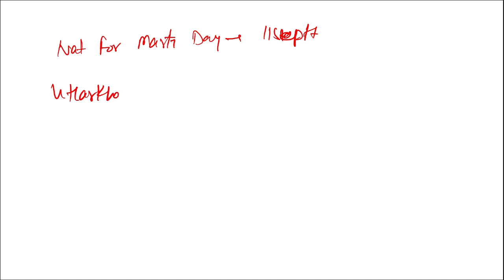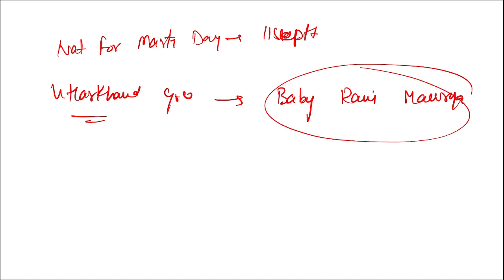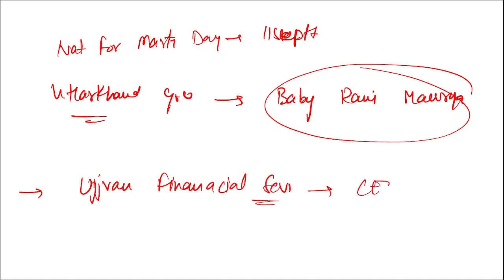इसके साथ ही साथ मुझे ज़रा बता दो, अभी रिसेंटली उत्तराखंड के एक गवर्नर ने रिसेंटली रिज़ाइन किया था, नाम बताइए। बेबी रानी मौर्य, ये गवर्नर थे उत्तराखंड के, जिन्होंने अभी रिसेंटली रिज़ाइन कर दिया था। ठीक है, फिर बताओ, अभी रिसेंटली उज्जीवन फाइनेंशियल सर्विसेज के सीईओ किनको अपॉइंट किया गया? वो है संजीव बर्नवाल। संजीव बर्नवाल ये सीईओ बने हैं उज्जीवन फाइनेंशियल सर्विसेज के।